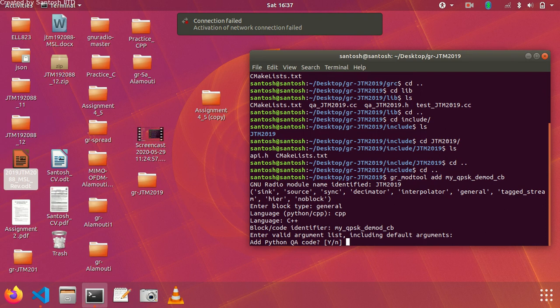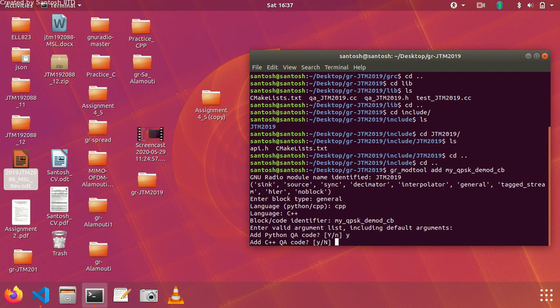There is one another thing, like Python quality assurance code. Whatever code you've written in C++, you need some quality assurance of the code. I mean, whether this code is capable of running all these files or not. So there is a quality assurance file. You don't need to do anything with this file. It is automatically created, and its code is automatically written. So let's create this file. Do you want to create a C++ cube? No, we don't want that. We have already chosen Python, so no.